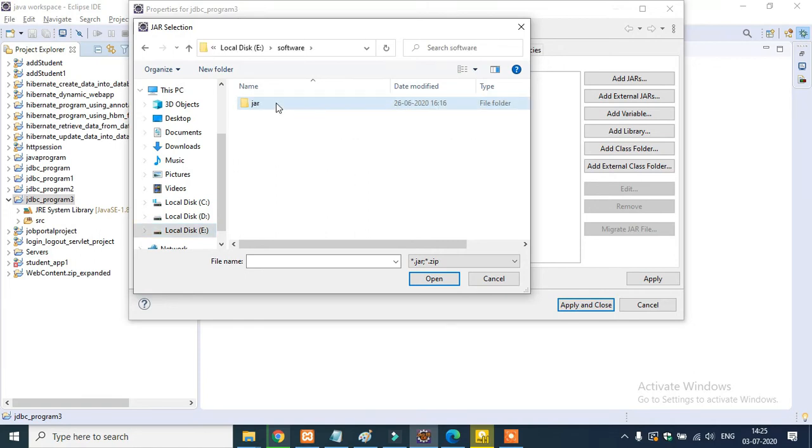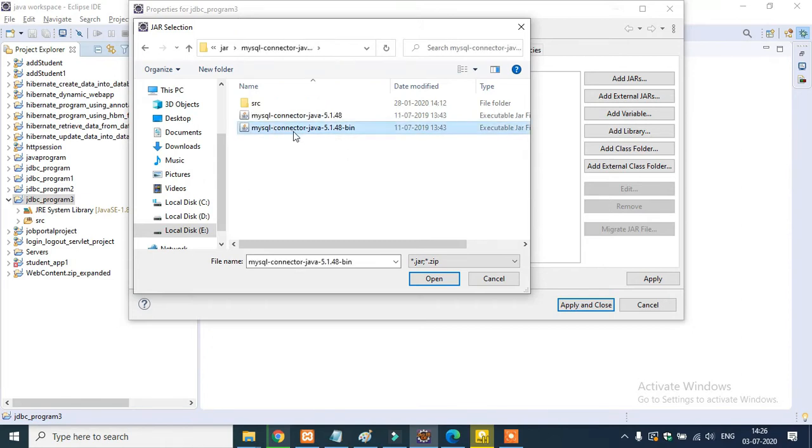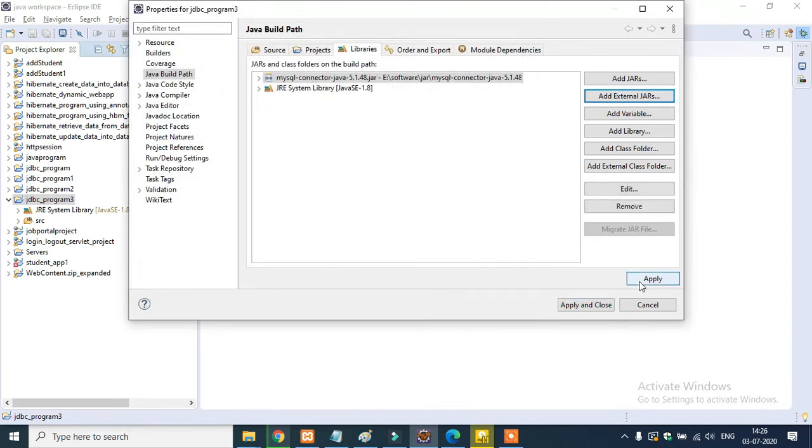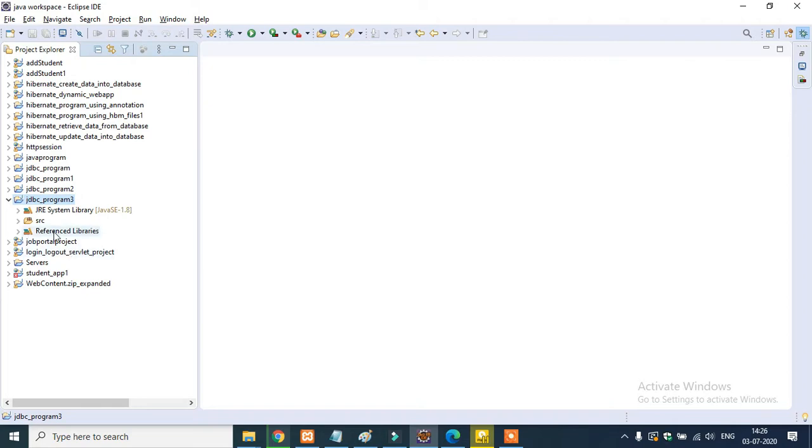Go to software, jar, MySQL connector Java, and I have selected the first option. Click Open, Apply and Close. Now you see Referenced Libraries got created, and when you expand it, you see the MySQL connector Java, and now you will be able to write a JDBC program.